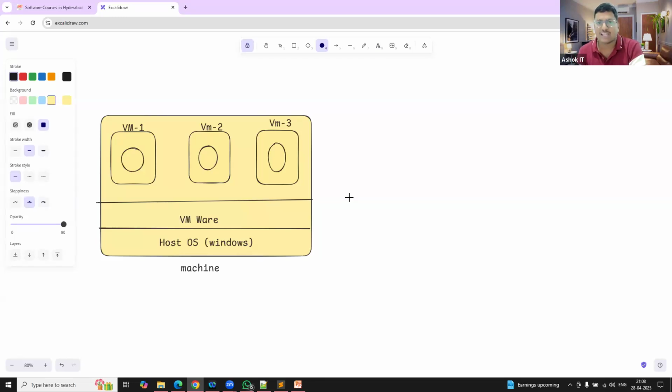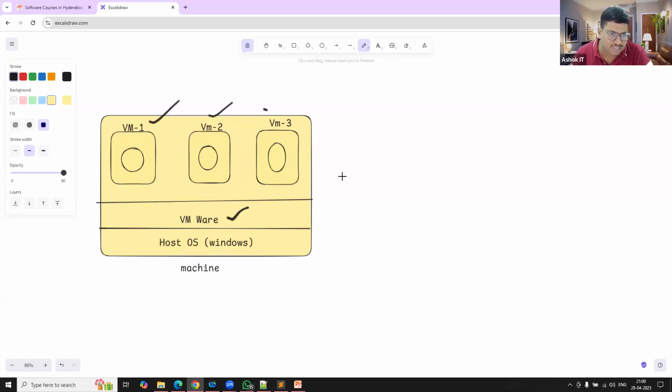When Docker was not there in the market, people used the virtualization concept to deploy the project in multiple servers. So what is virtualization? I have only one computer, but I want to run my project in 3 machines. I have only one machine, but I want to run my project in 3 servers. Then what will they do? In this machine, they are going to install one software called VMware. By using that VMware, they are going to set up 3 virtual machines in the same computer. Every machine has a separate OS. In that, they will install the softwares and deploy the application. So they are going to use VMs, virtual machines.